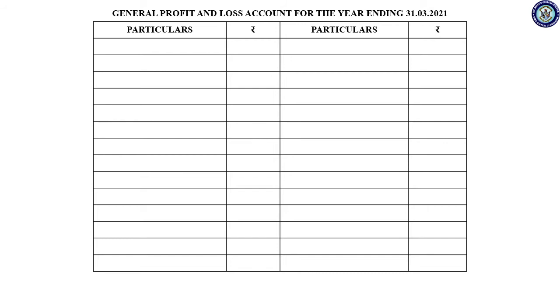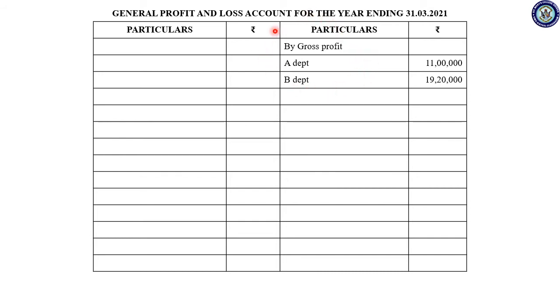Okay, so you have to start with the gross profit. As we didn't prepare the departmental P&L account, you have to start with the gross profit. If you prepare the departmental P&L account, then you have to write your net profit. If you are preparing a departmental profit and loss account and you ascertained the net profit of each department, then